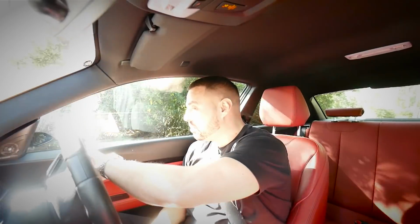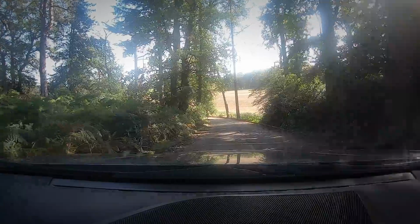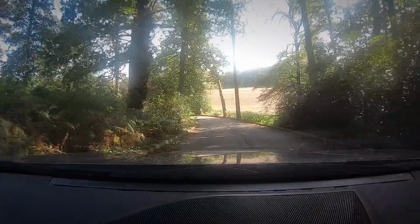But the point is, that is a hazard, man. That is a hazard. I don't think this car has got anti-hijack. I don't think. Yeah, because by now it would have kicked in, surely. Surely. So straight away, a couple of things I'm going to point out with the difference between an M240i and